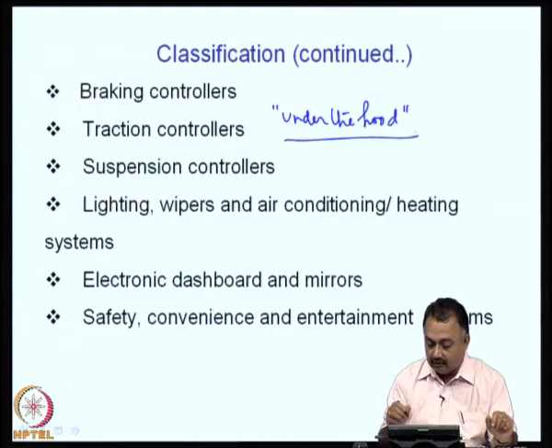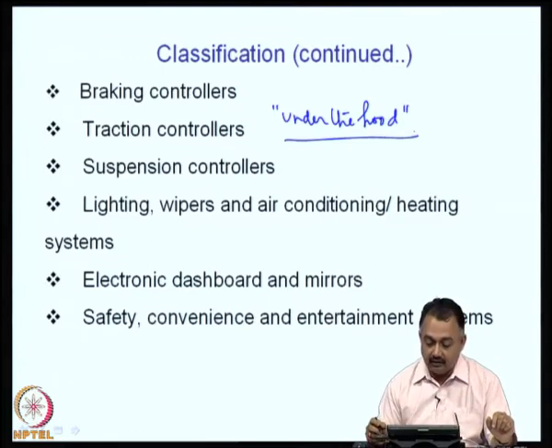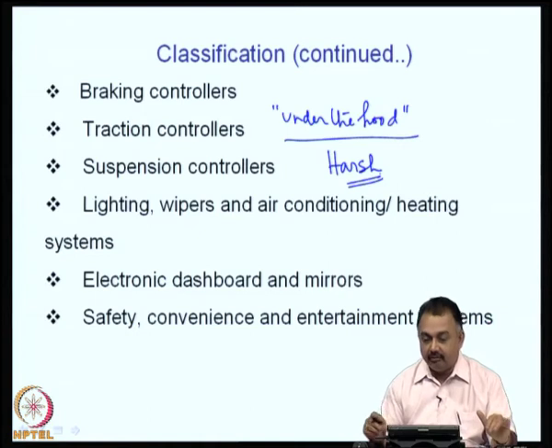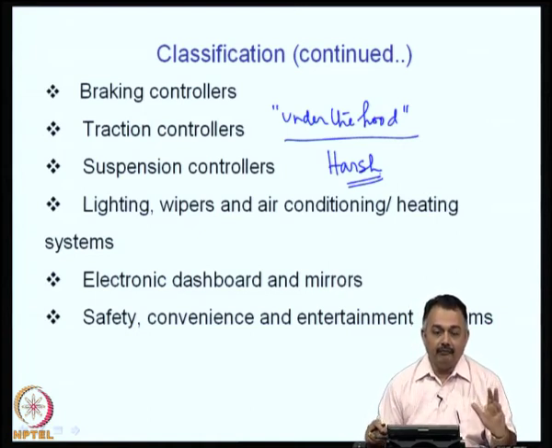Under the hood products, under the hood applications, because under the hood of the automobile the environment is very harsh. The temperatures are very high, and the atmosphere can be corrosive in nature. Therefore, your electronic products need to be packaged and enclosed in such a way that they will not be affected